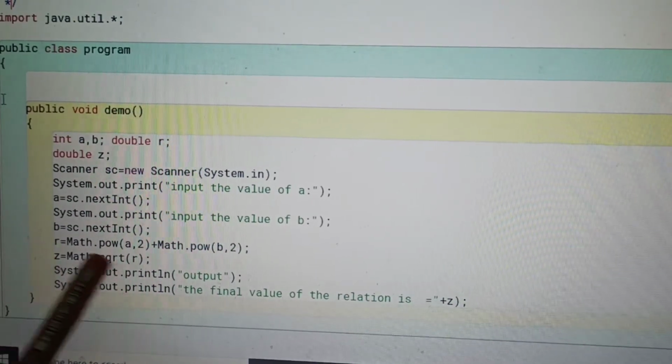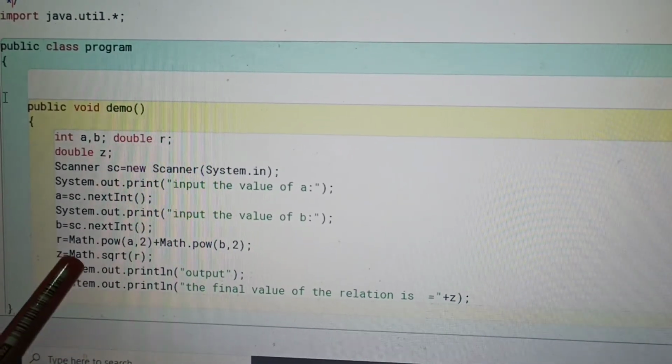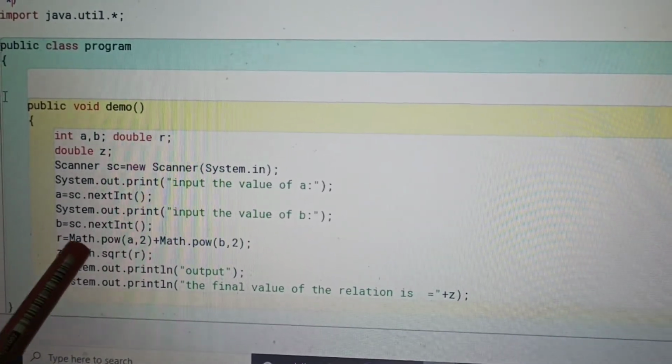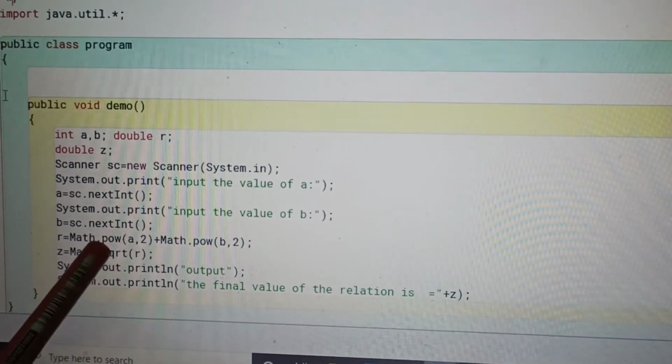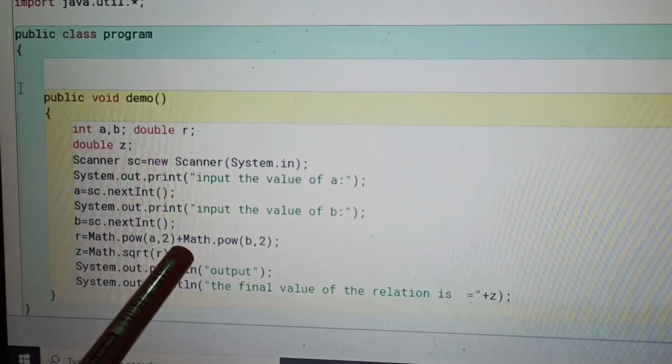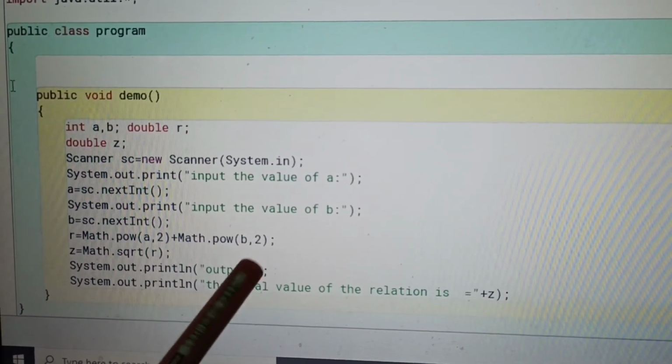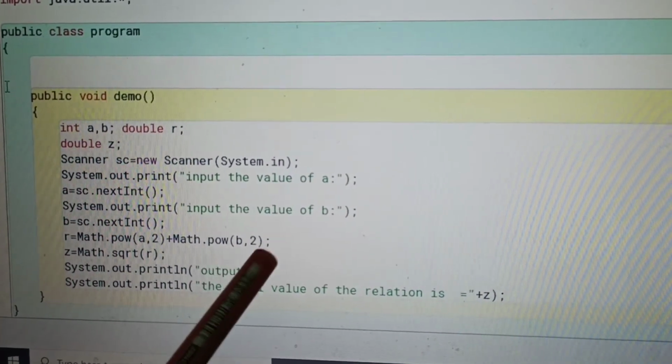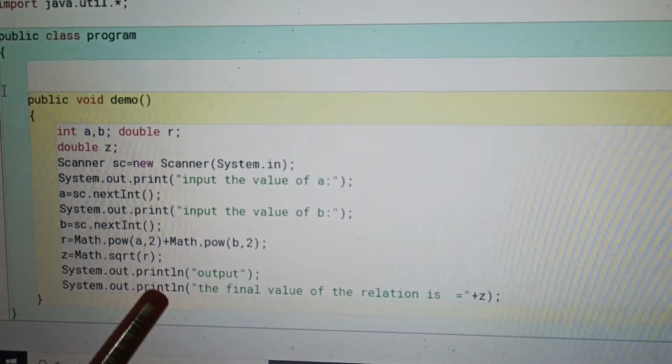Now we have to do the calculation. How can we do this? r equals Math.pow(a, 2) plus Math.pow(b, 2), the square of each.